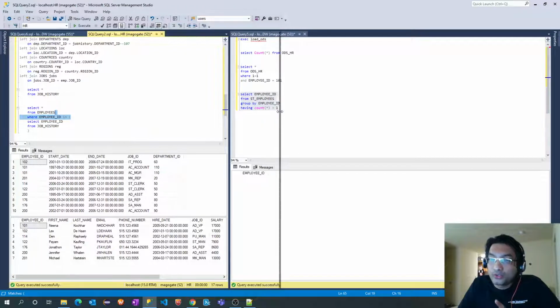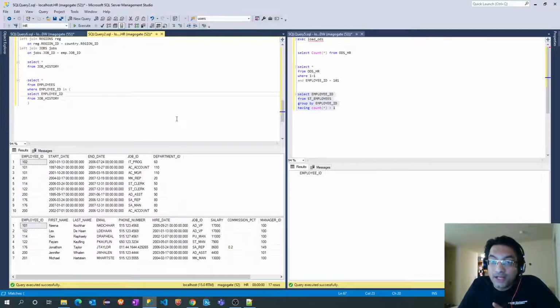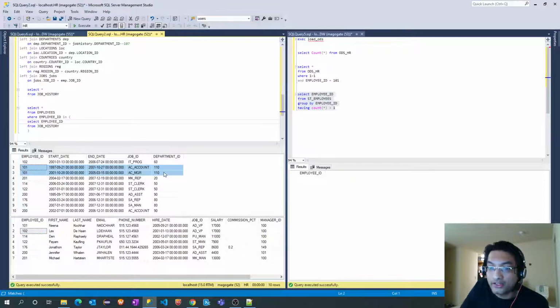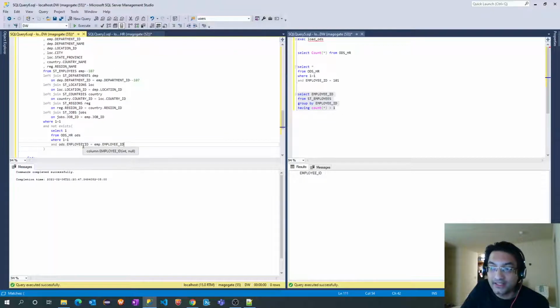But while loading into the ODS table, we are combining records from the job history as well as the employees table. So we have already loaded these records from the job history table. Now in the job history table itself, employee ID is a duplicate, it's not a primary key. So in the ODS table, since we are combining job history and employees, employee ID is no more a primary key. So we cannot keep only employee ID as a condition to identify the unique records between ODS and the employees table. There has to be something more.